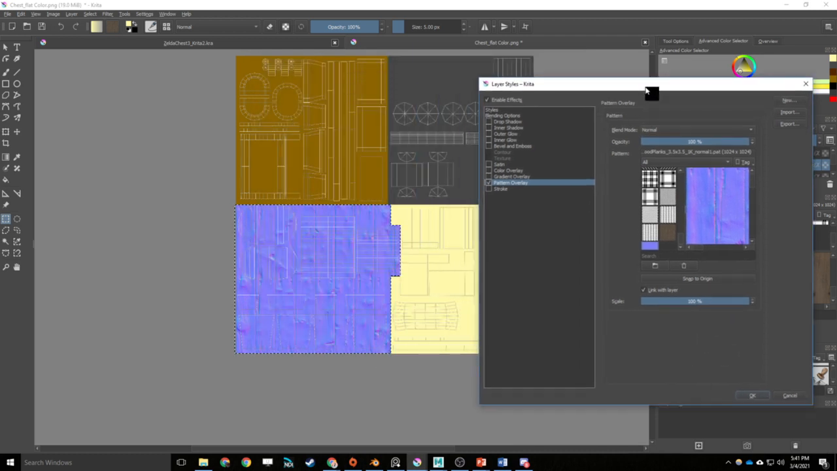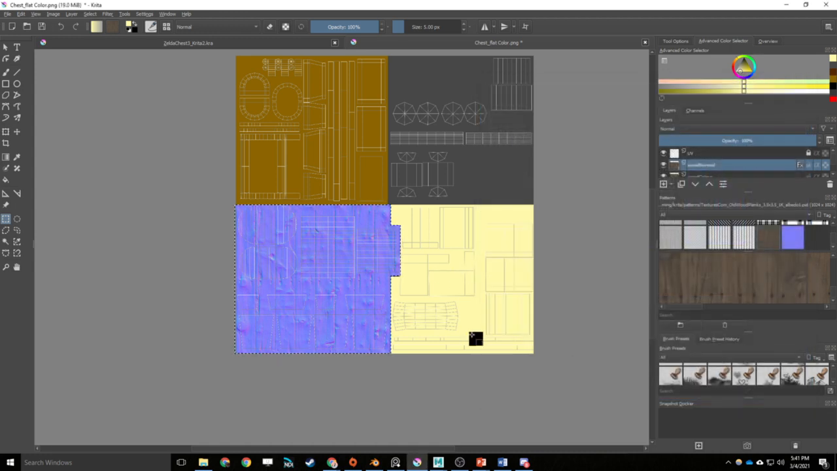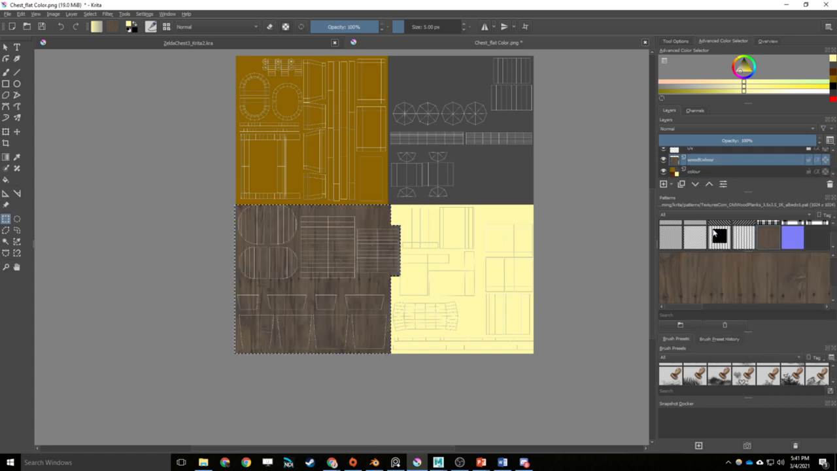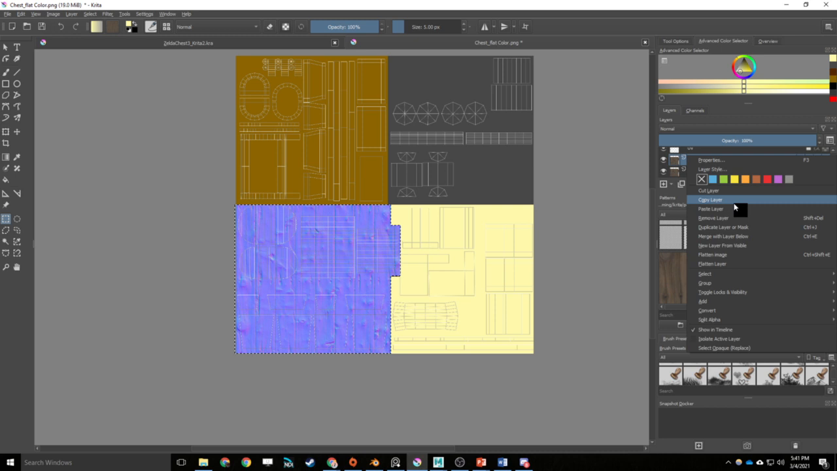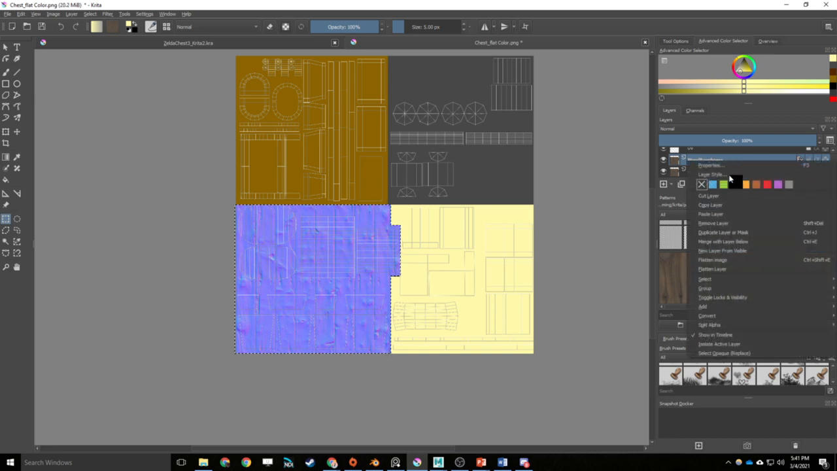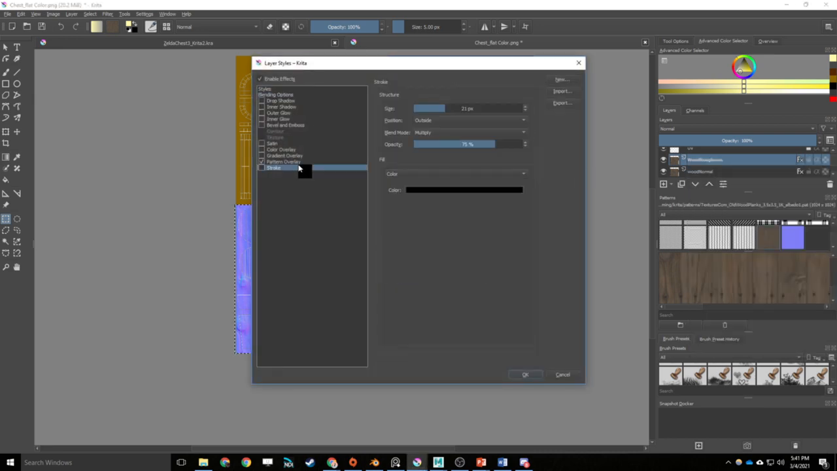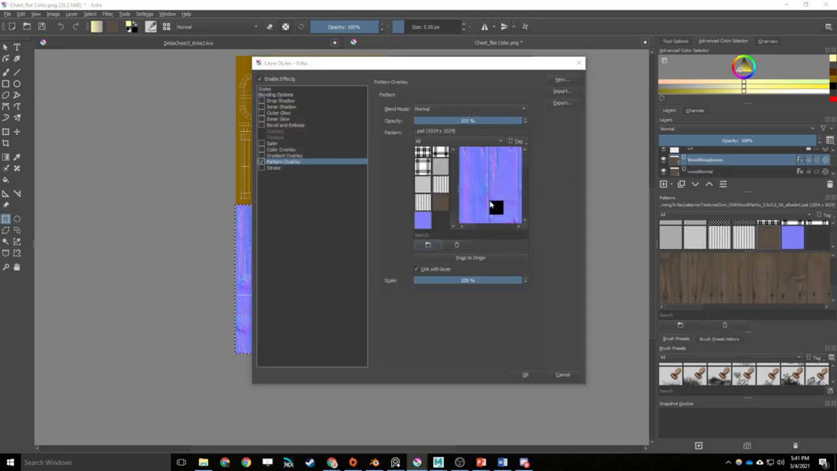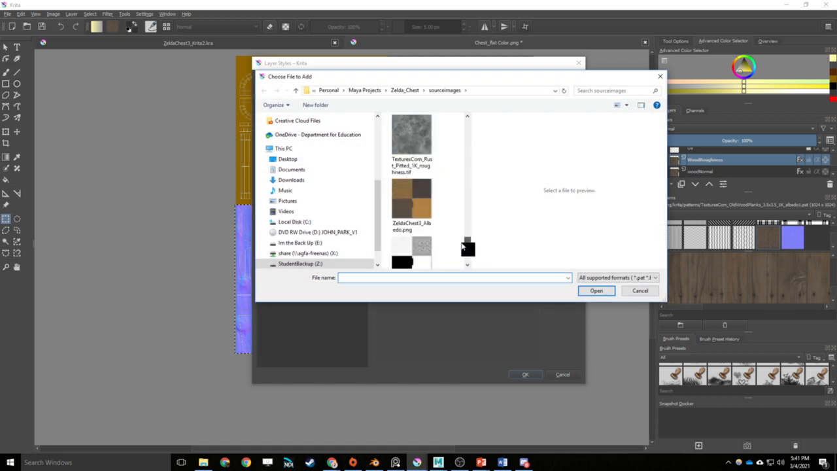And we can see here, with the latest version, we've got a scaling tool there. You may not have that and everything, but that's fine. We're just going to go here and go OK. And then I'm going to repeat that process for all the different layers. So I'm going to go duplicate layer, wood roughness, and then layer style, paint overlay, open, scale down,